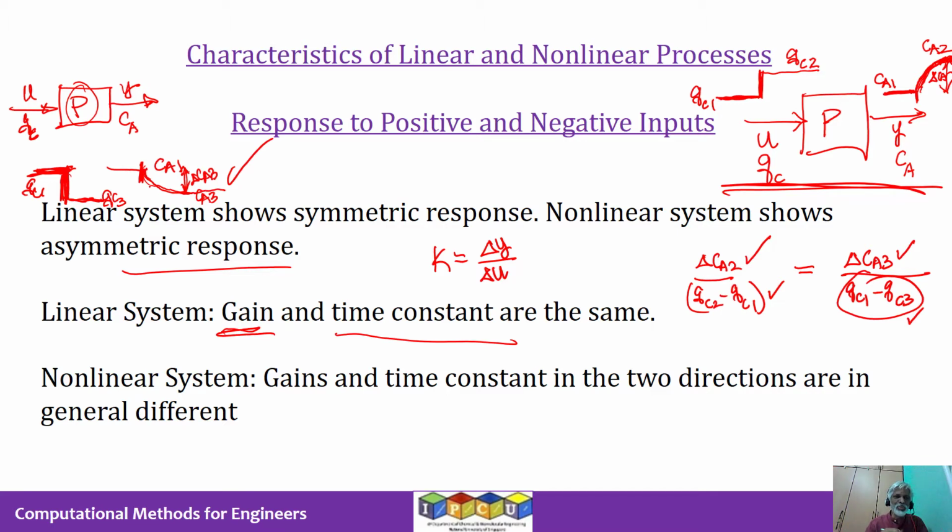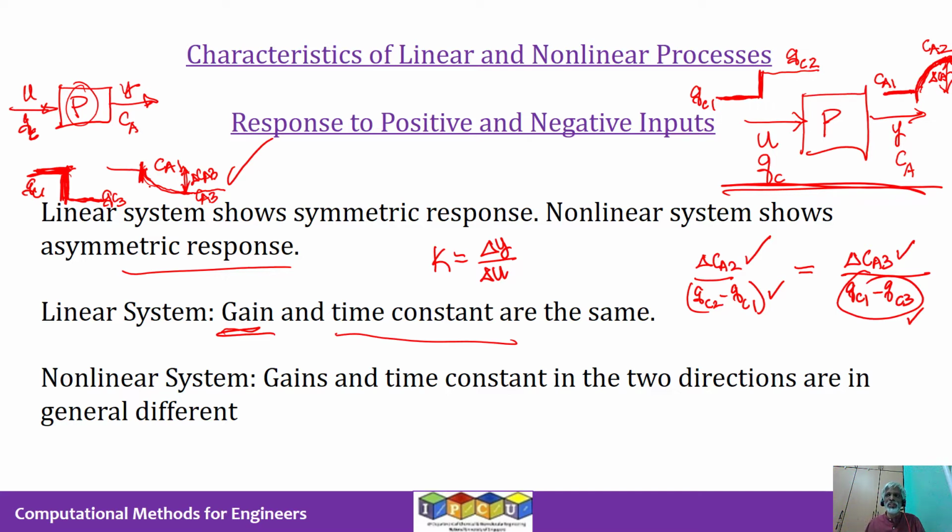So the speed of the response, right? Amount of response determines the gain. The speed of the response is a different measure altogether, right? And related to that speed of the response, you have a system attribute which is called the time constant. Again, those of you who have done a course on process dynamics and control will understand this terminology. If you do not know this term, don't worry. Time constant means the speed of response of the system.